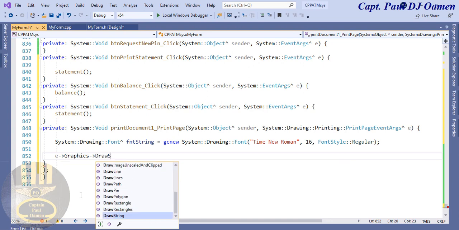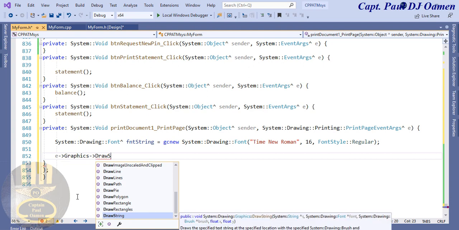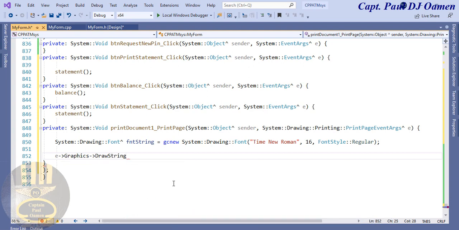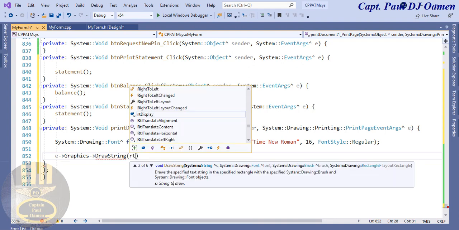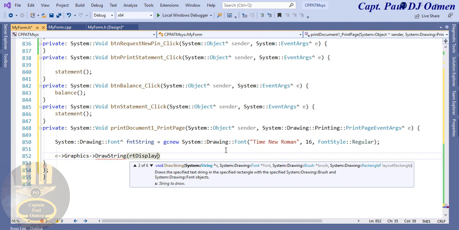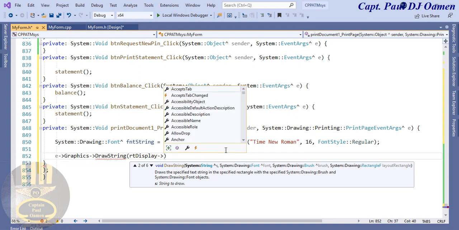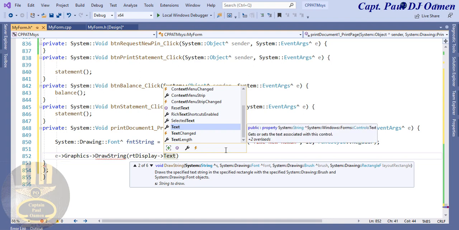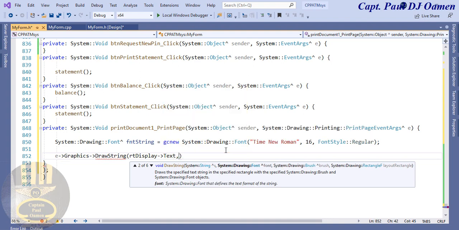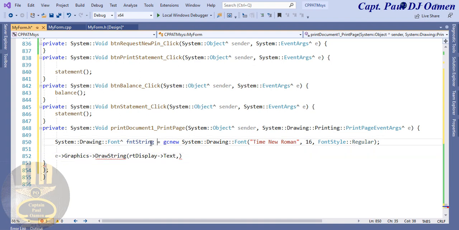Okay, draw string, and the string that you'll be drawing from is RT display dash text. Okay, RT display dash text, and using the following font setting. Is that in there,